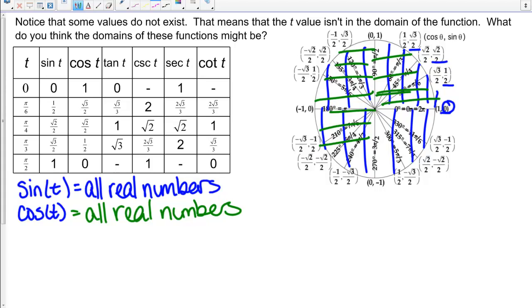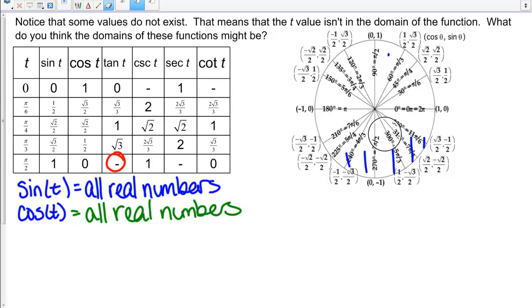And then we have tangent. And notice that at pi over 2 we did not exist. So let's examine this. Why at pi over 2 didn't we exist? Well, remember that tangent is y over x. So when we have values of 0 for x, we have a problem with our domain. And so when we hit pi over 2